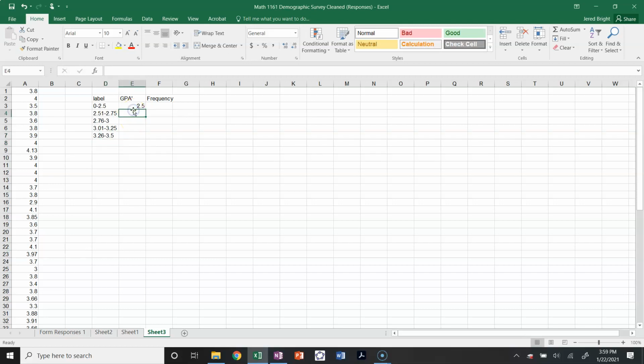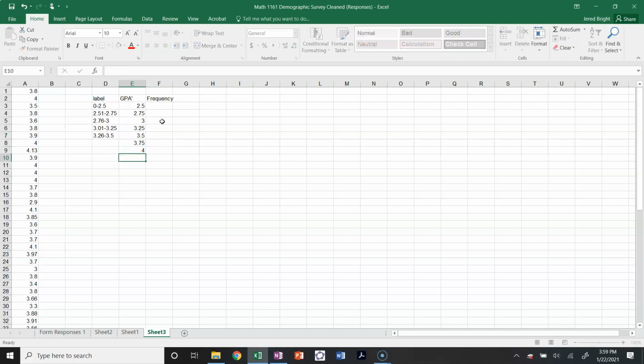But then from each of these categories, I list the maximum value, because Excel will know that if you have something bigger than 2.5 but smaller than or equal to 2.75, it's going to go in this second class. Similarly, anything bigger than 2.75 but less than or equal to 3 is going to go in this class. So then all I have to do is list the upper boundaries,